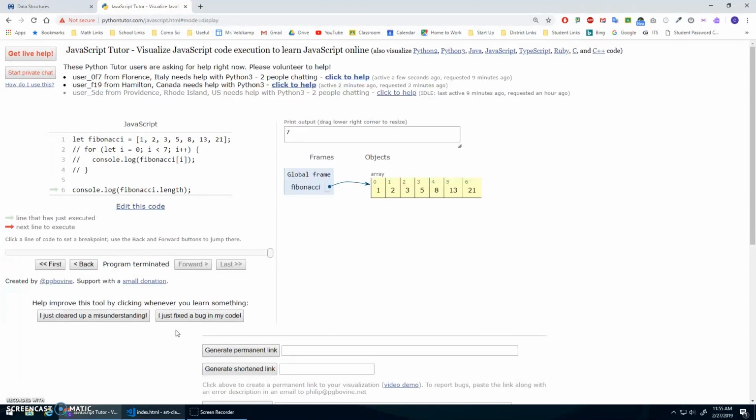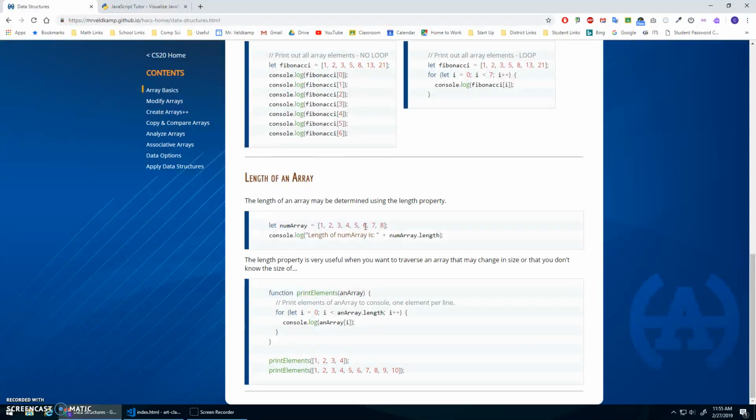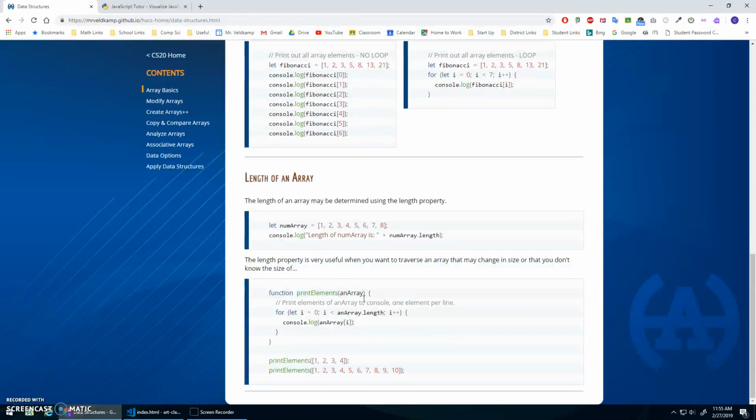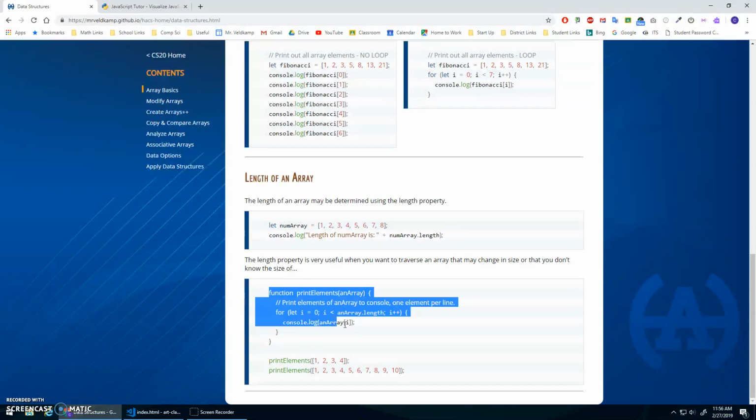Awesome. Now, the reason that comes in handy is sometimes when I want to traverse an array, notice how I went up to 7, but what if there were more elements or fewer elements? What if I was adding or removing elements and it changed? This would cause a problem because it's not always 7. So a common thing to do in this loop is start at 0 and go up to the length of the array. If there are 10 elements in the array, the length will be 10, and you want to go 0 to 9. All right, so if we copy and paste this,